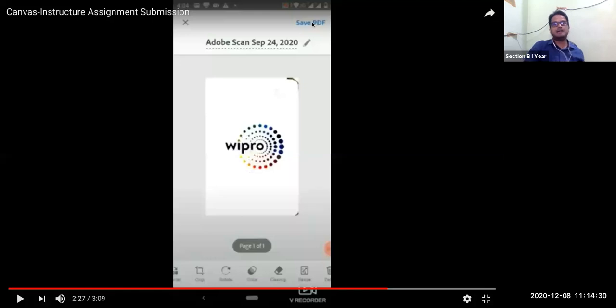When you are scanning, suppose you are using Adobe Scan or any scanning software on your mobile phone, after scanning it will ask in which file format you want to save it. You have to save it as a PDF file because we are restricting it to PDF only. So you will be able to upload only a PDF file. One student asked me a query: Sir, I'm getting an error message on my screen. So you have to upload only PDF, then you will not get that error message.